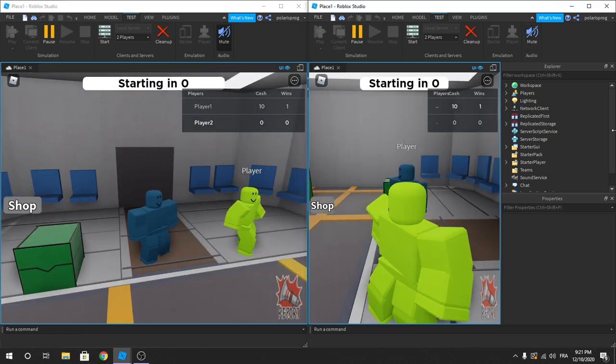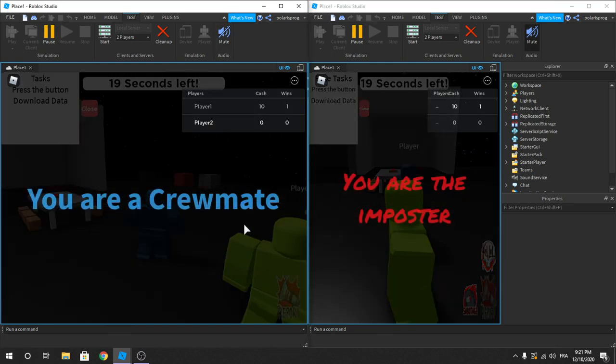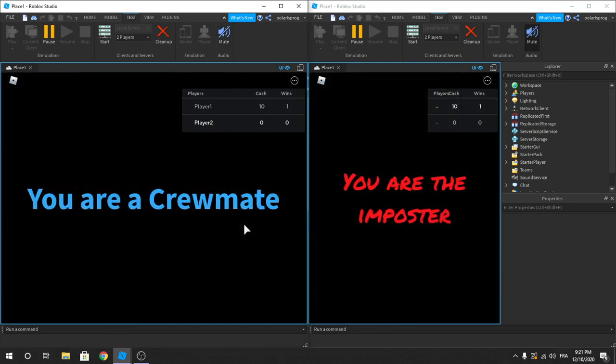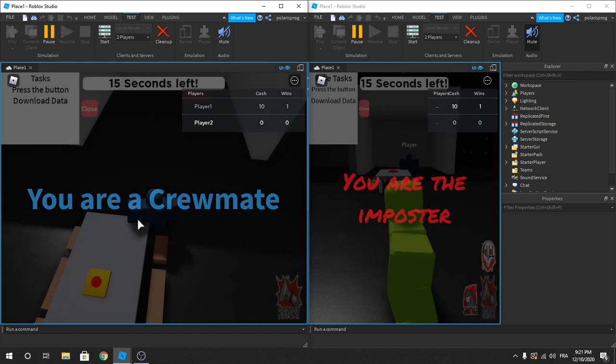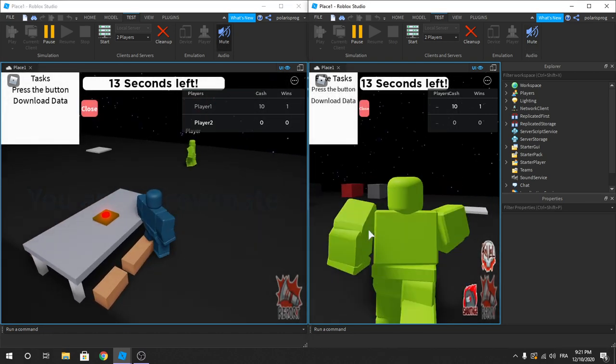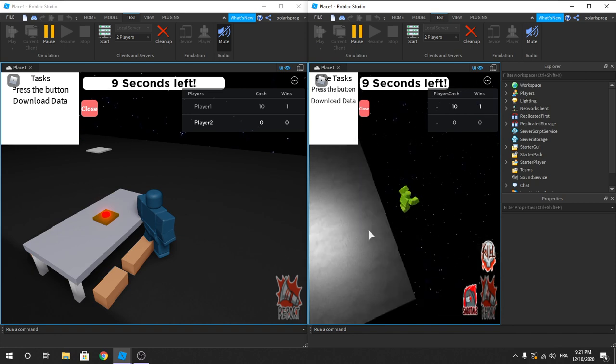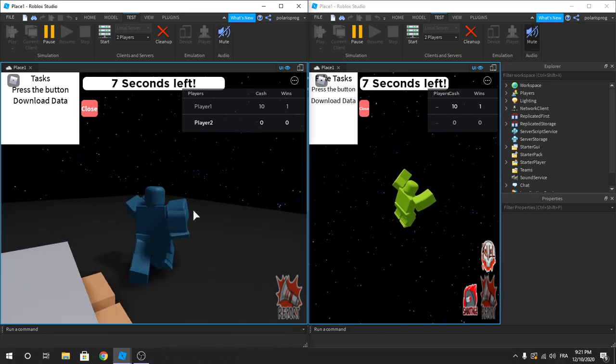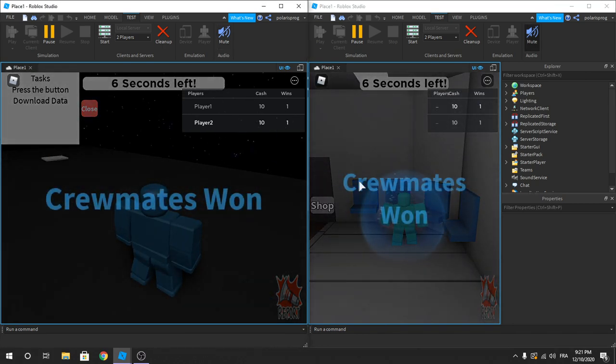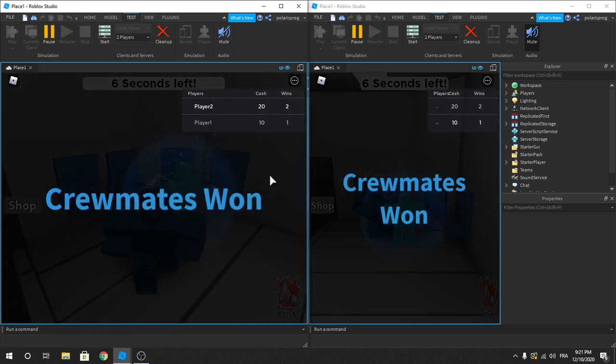So let's see who's going to be the crewmate. Okay, so player 2 is the crewmate. Let's wait for this to go down. Or, you know what? The imposter is just going to die right now, so I'm going to jump off this building. It's not really a building. So it says crewmates won, and as you can see,